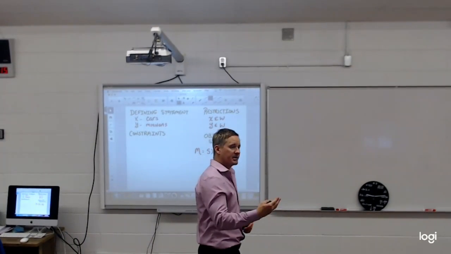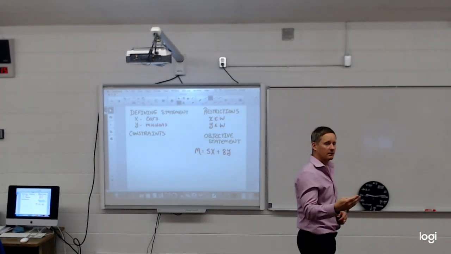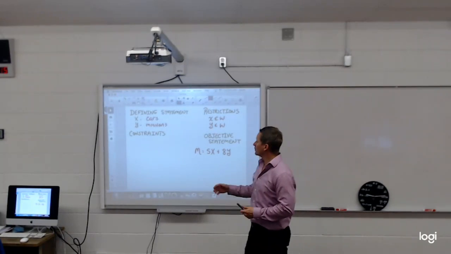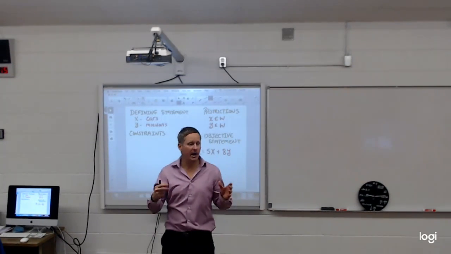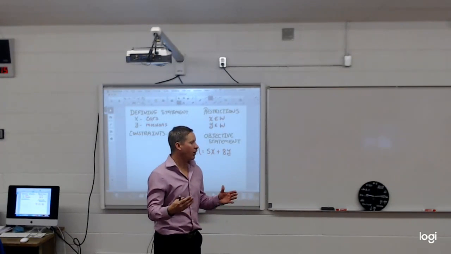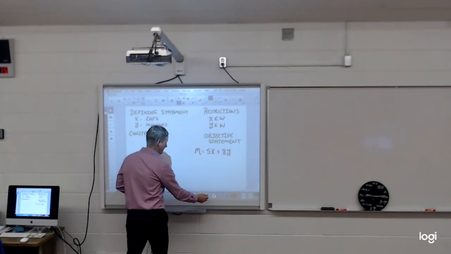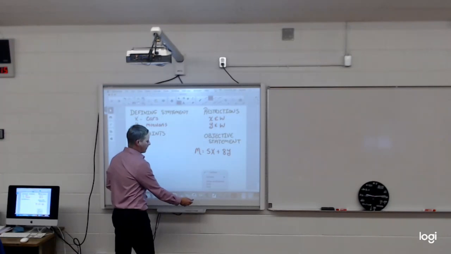And x represents the number of cars, and y represents the number of minivans. Now I have to look at my shaded region. What my shaded region gives me is what I call critical points. That's the word I couldn't remember yesterday. I know it's a big word. Couldn't remember it. Okay? My critical points come from